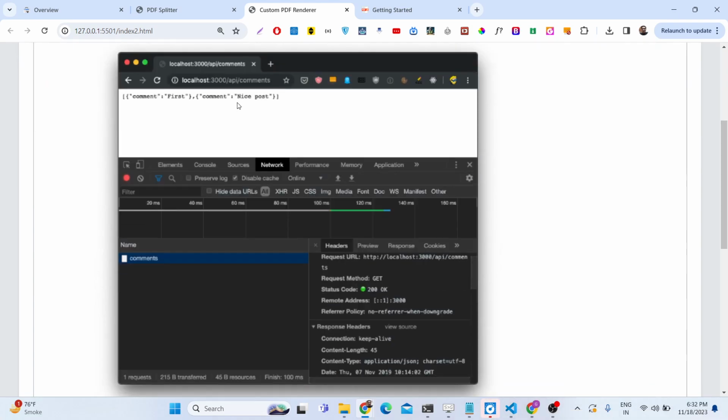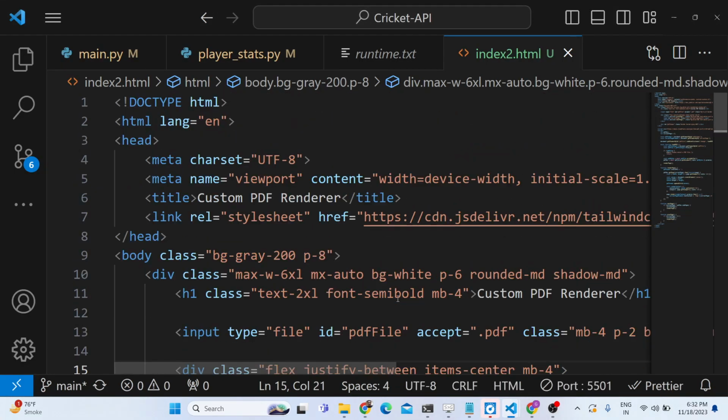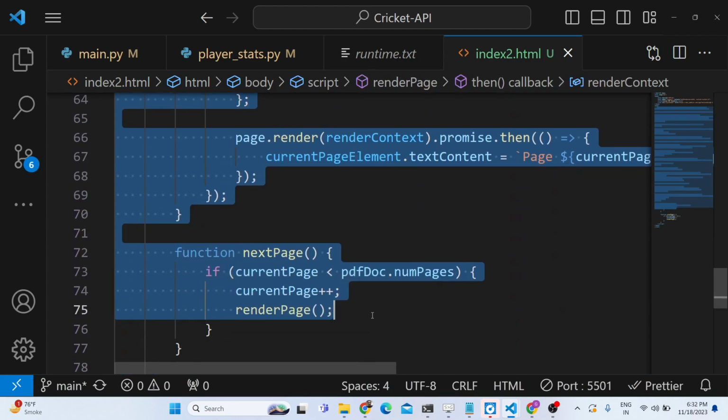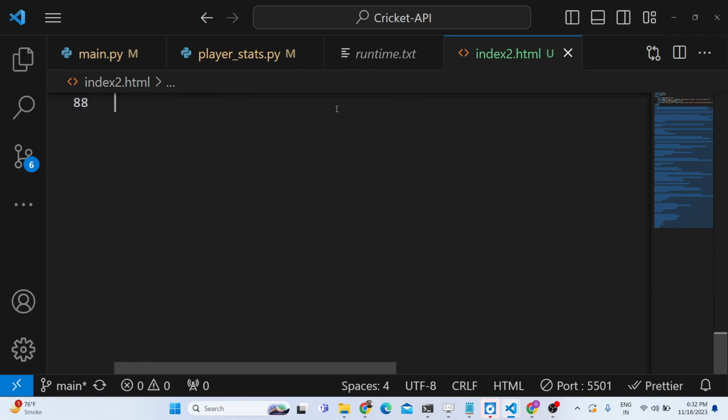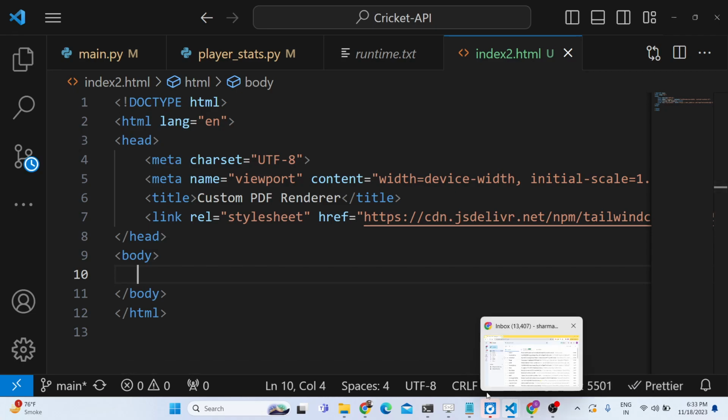We are using Tailwind CSS for the interface, guys, that you see right here. A little bit of styling we will do. So let's start building this application. First of all, we will delete everything and start from scratch. I will also delete the JavaScript code and start from scratch. So here, guys, what we will do